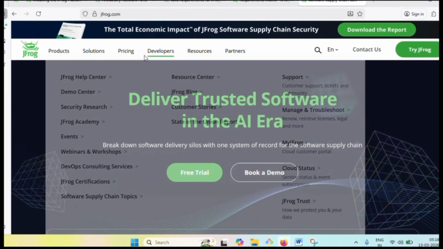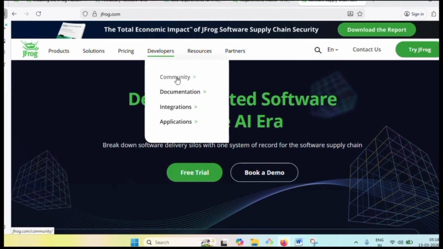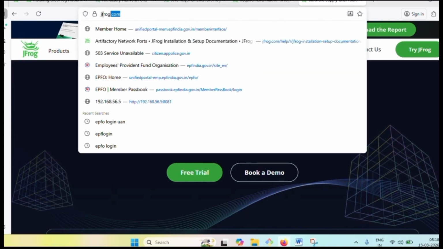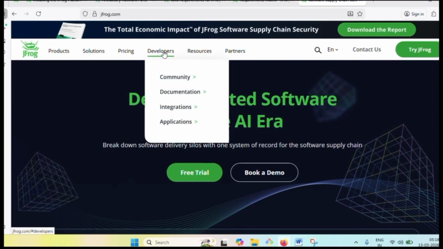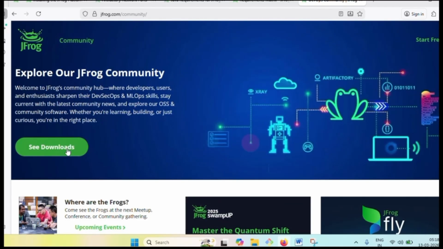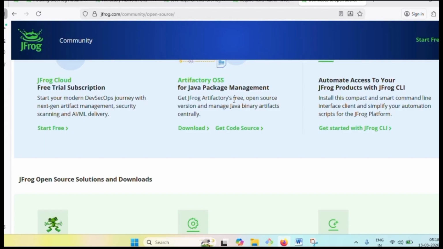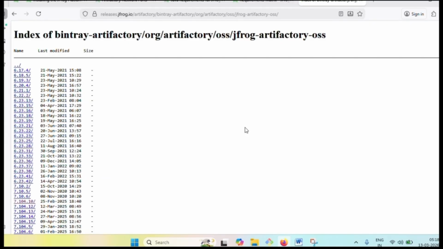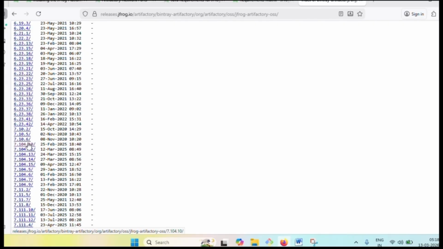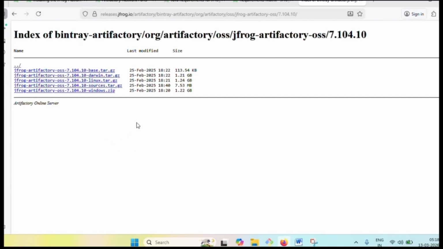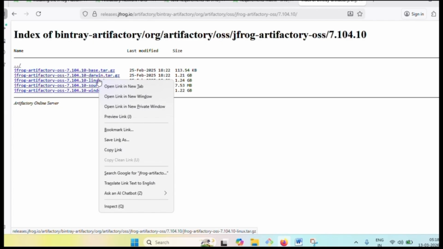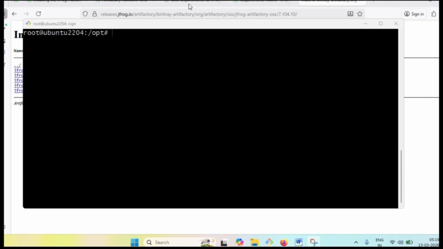How to install JFrog? For that, this is the official JFrog website, and here you can check developers in the community. Click on it, see downloads. Here you can check get code sources and click on it, and these are all the versions. This is the latest version 7.104. If you click on it, you will choose which OS you have to install it on. Click on it. You can copy the link